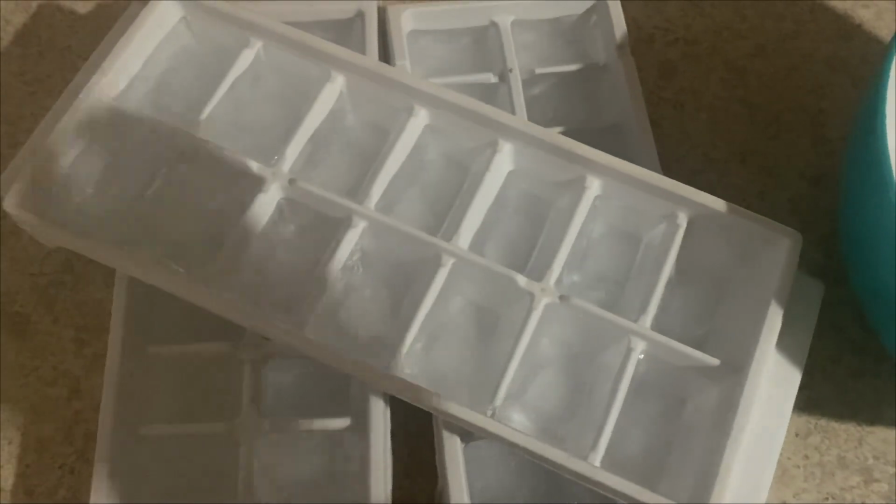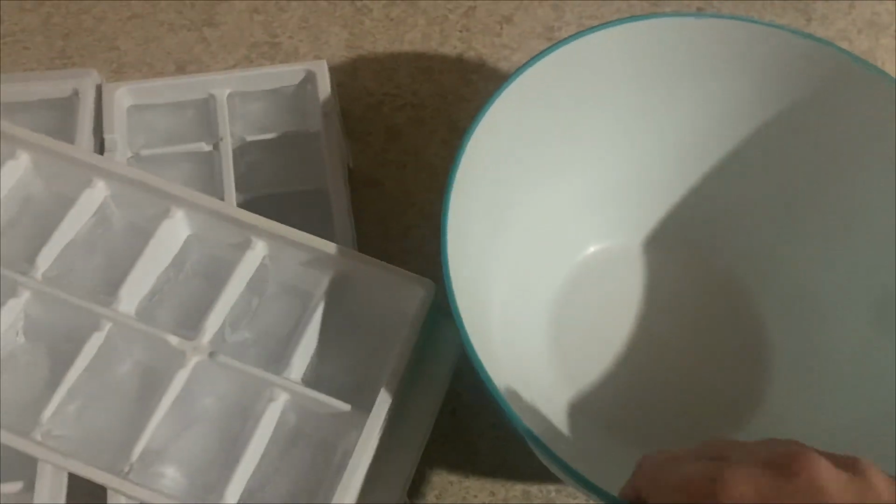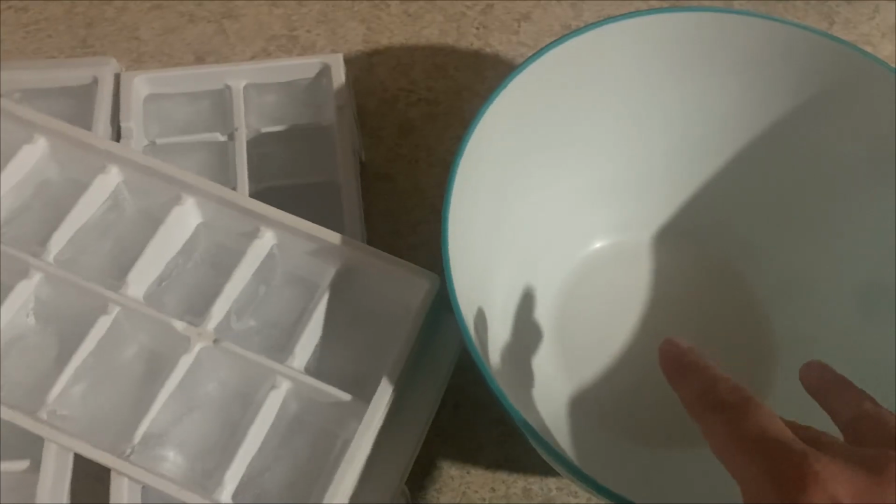While the eggs are setting, I'm going to take some ice, put it in the bowl here, as well as some colder water. And this is where the eggs are going to go after those 4 minutes. Now that I have the ice cubes in there, I'm just going to add some water. Fill the bowl right up with